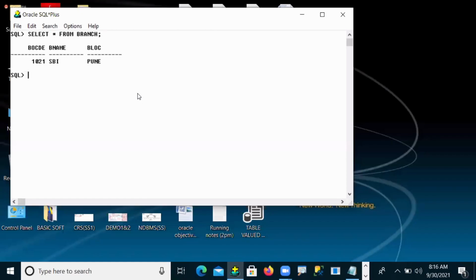What is the app? You can see. Yes, your data is there. Why, sir, your data still it is there after deleted also? Any reason?